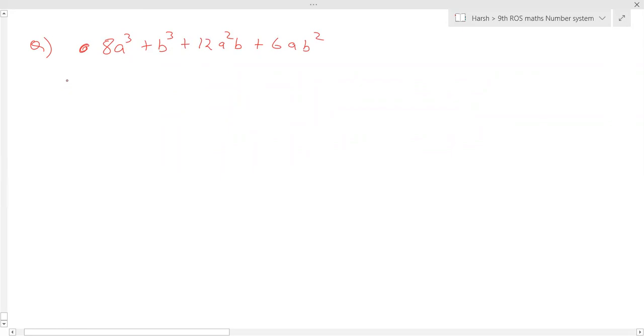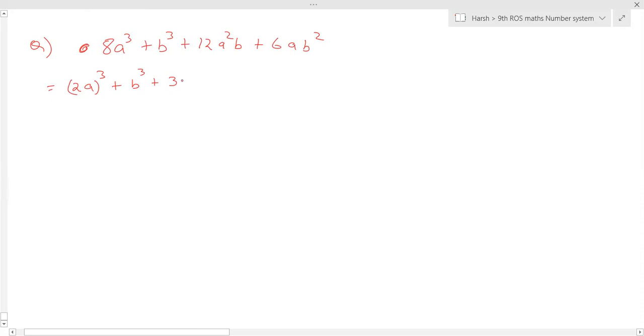I'm solving this one, and then you have to solve everything. Prithvi, 2 cube is what? 8. What did you do? Sir, 2, 3 times. 2, 3 times means what? Sir, 2 into 2 into 2. Like that you did. So a plus b the whole cube, what will you do? Sir, a plus b into a plus b into a plus b. You do it, you'll get that value. Okay, sir, after the class I'll do.